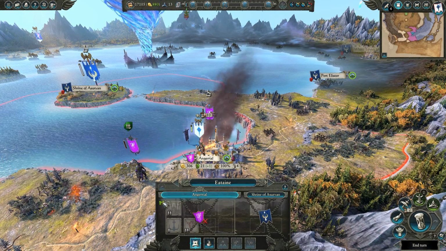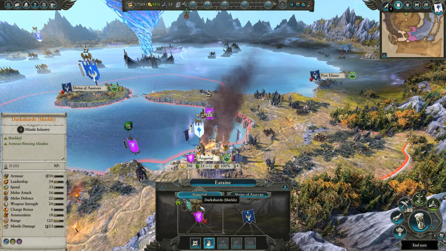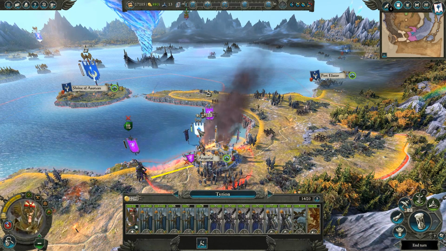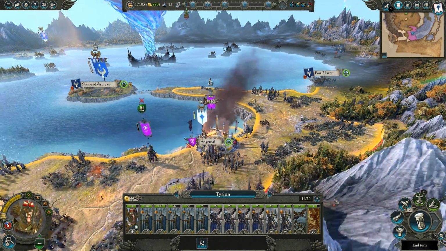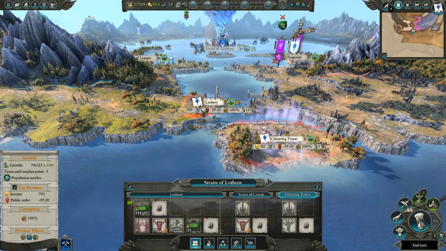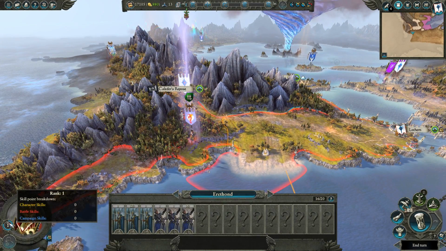How is their garrison? Garrison details, here we go. Can't really see much about their stats, but that's okay. And I can't recruit anything right now, because I'm in foreign territory, but that's fine. So now I need my other lord. You, and what are you? You are...